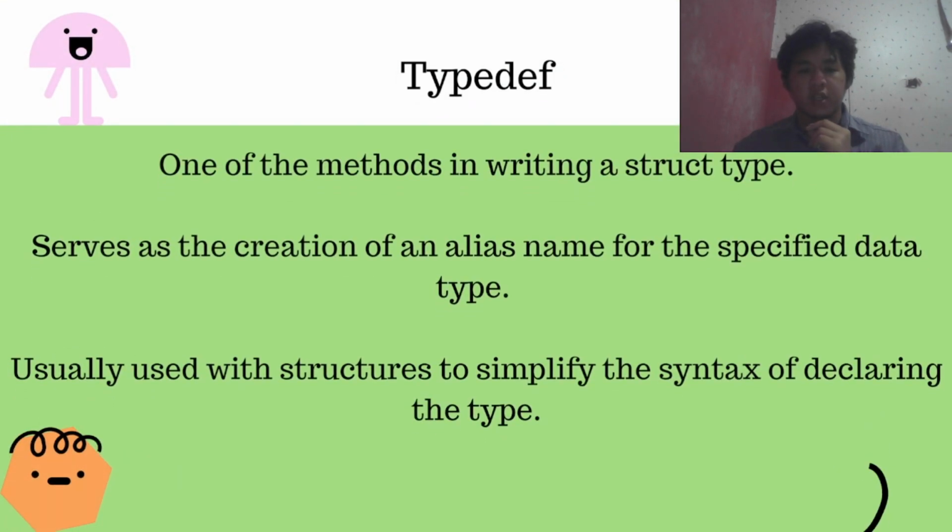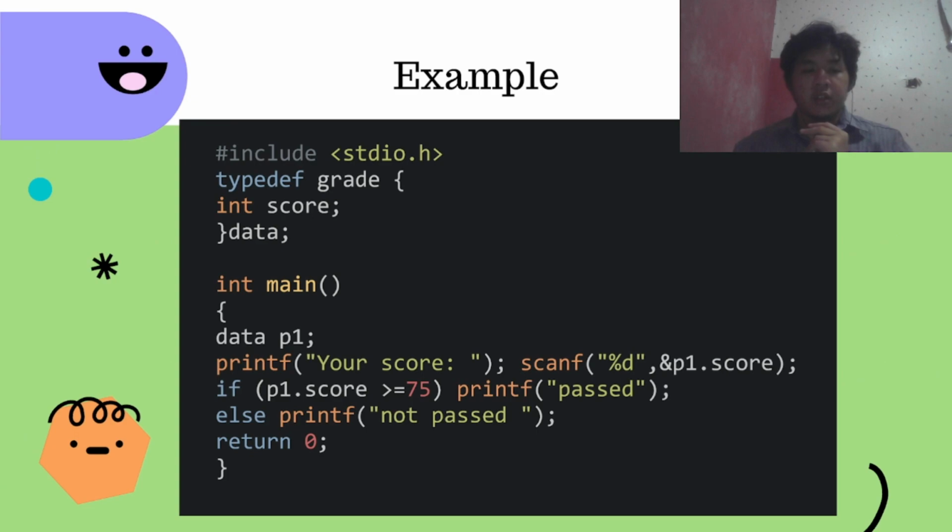Now, what is typedef? Typedef is one of the methods in writing a struct type. It also serves as the creation of an alias name for the specified data type, usually used with structures to simplify the syntax of declaring the type. Now, what does that mean? That means that you can simplify a struct when you're about to call the struct. For example, we have typedef grade. Now, if you were to call it the normal way using struct grade,